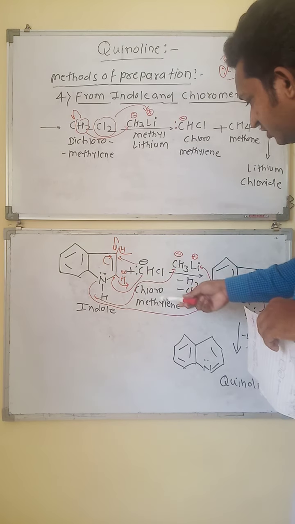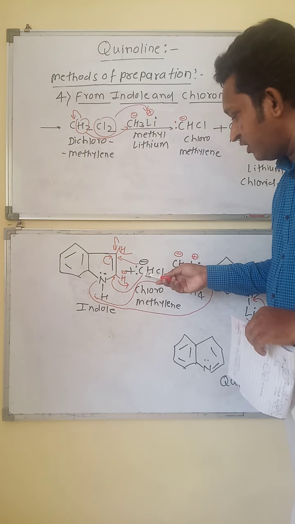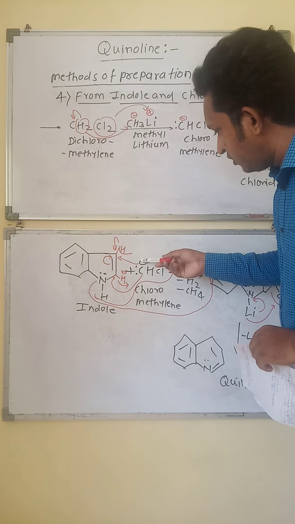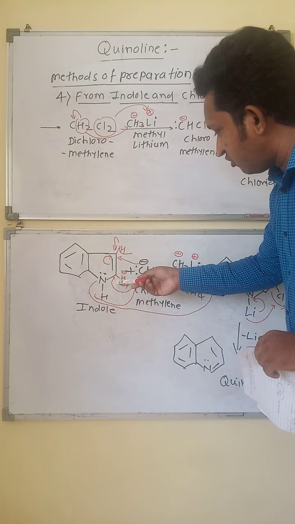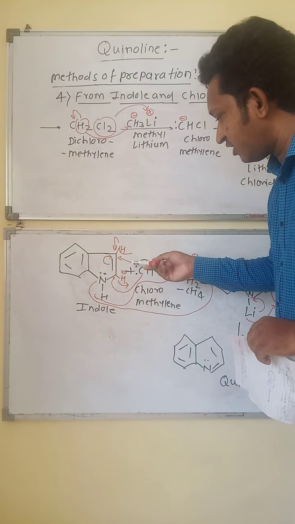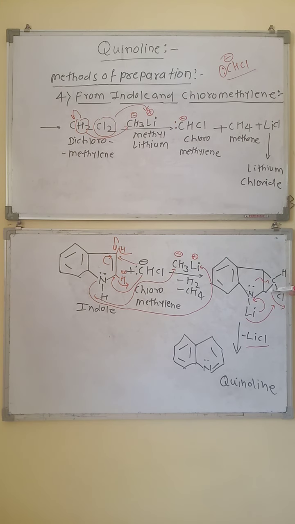Now in this condition, we have the chloromethylene, in which the carbon has a negative charge and one positive charge. The negative charge will be attached to the electron deficient carbon atom, and the positive part of the carbon is attached to the electron rich carbon. So there is an attachment and a condensation like this. The carbon is attached to the third as well as the second carbon, and this carbon is attached to hydrogen and a chlorine atom. So we get this cyclic, condensed structure with chloromethylene.